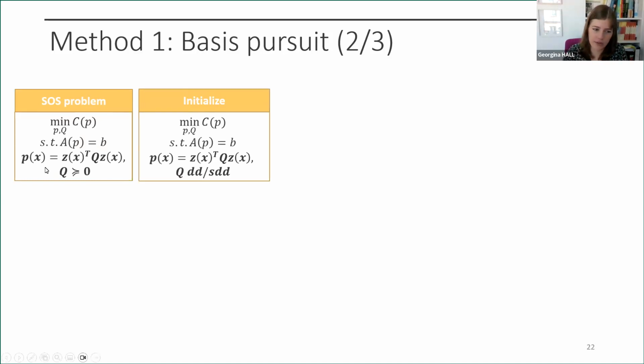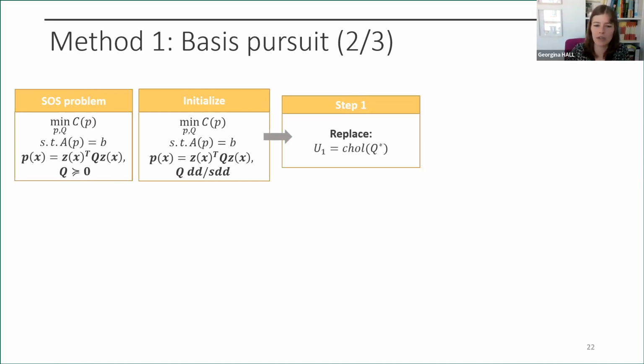And we're not going to solve this. We're going to replace this positive semi-definite condition by a diagonally dominant and scaled diagonally dominant condition. So this is how we're going to initialize our method. We start off by solving this, which is a linear program or a second order cone program. So far, so good. This gives us an initial solution,